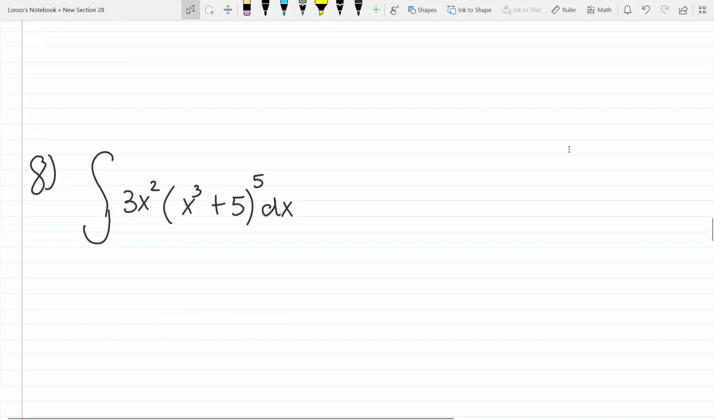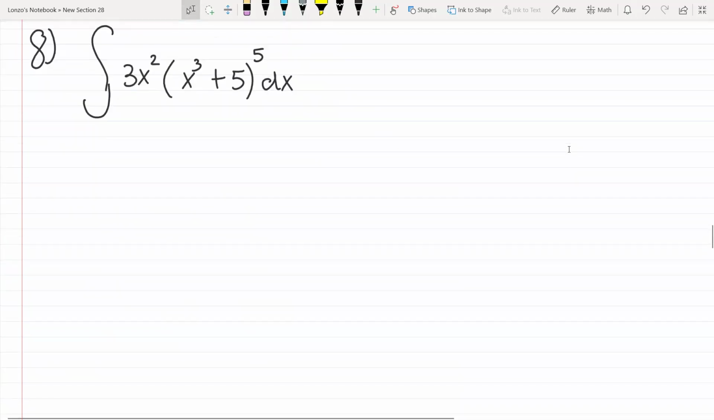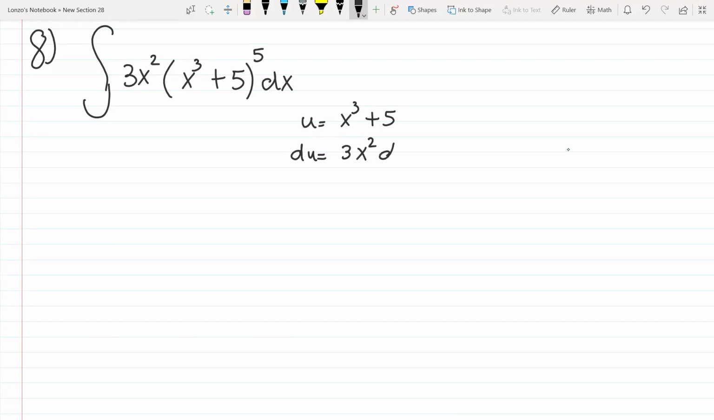Okay, number 8, we have the integration of 3x squared times (x cubed plus 5) to the 5th dx. So I'm going to use my u value as x cubed plus 5. And my du would be 3x squared dx. It comes out nicely because we do have a 3x squared here and a dx, so we don't have to